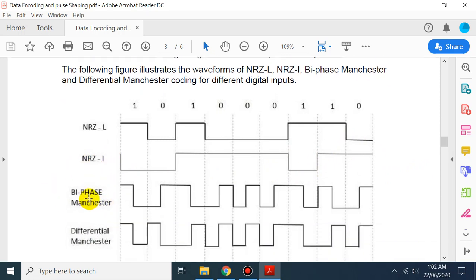Now we're going to represent the biphase Manchester encoding. If we have a 1 here, we're going to represent it with the positive pulse here. Remember, we are using the half bit duration here. Then we're going to represent it with this 0 until we get 0 here. Then we're going to invert it again, until we get the bit duration. Then after half of the bit duration, we're going to go to another transition here. Again at half bit duration we're going to go to another transition, and so on.